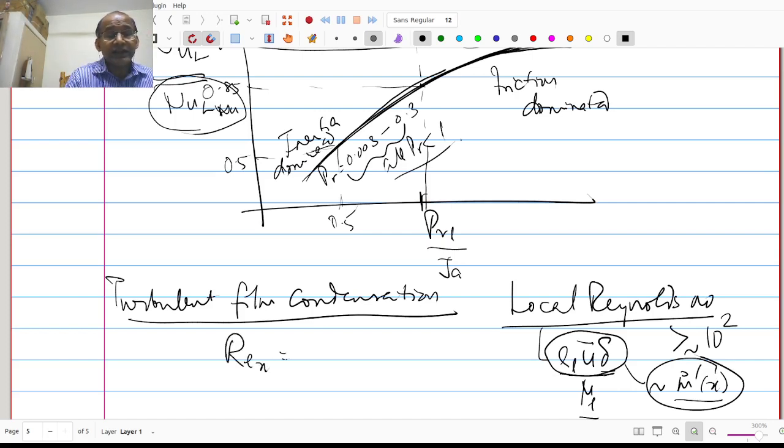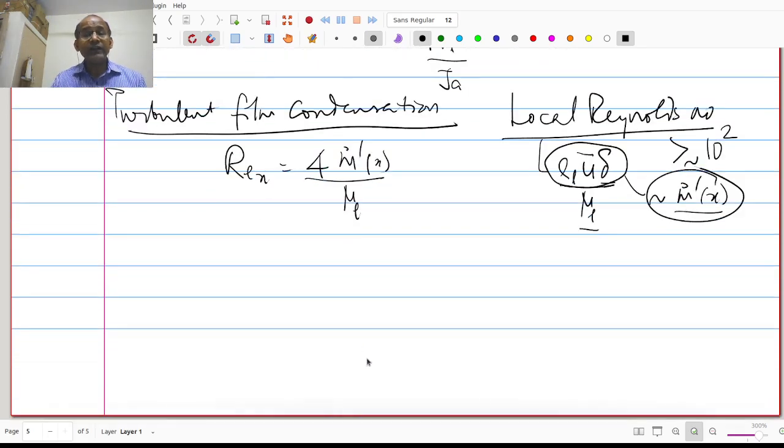Re_x is defined as 4 times m dot prime x divided by mu_L. So this is the definition that is commonly used for defining the Reynolds number of the falling film. If I use this, then the film would be laminar for Re_x less than about 30,